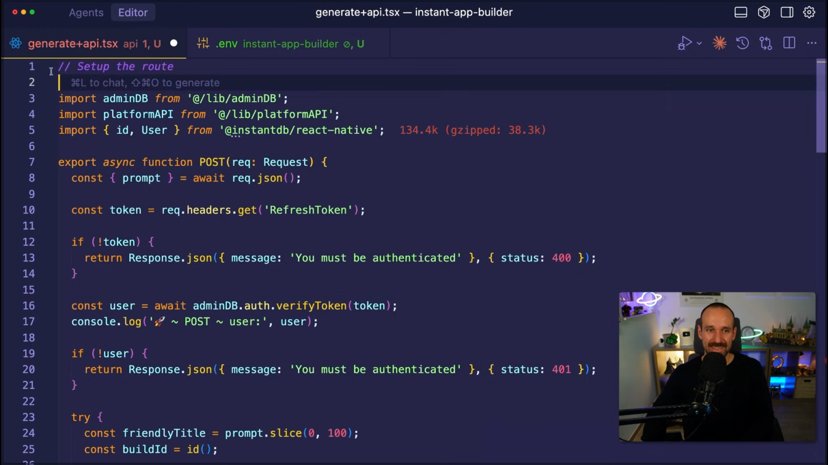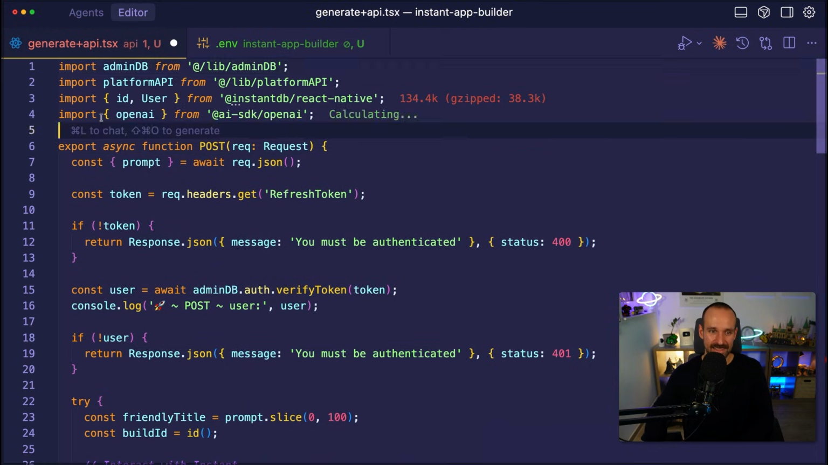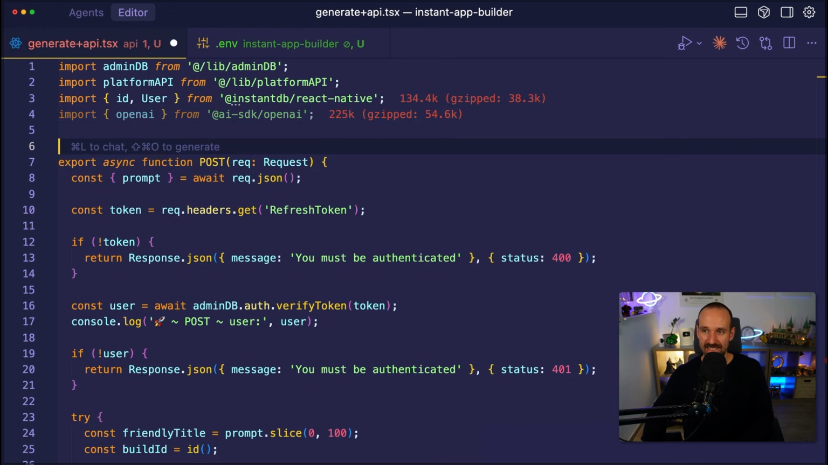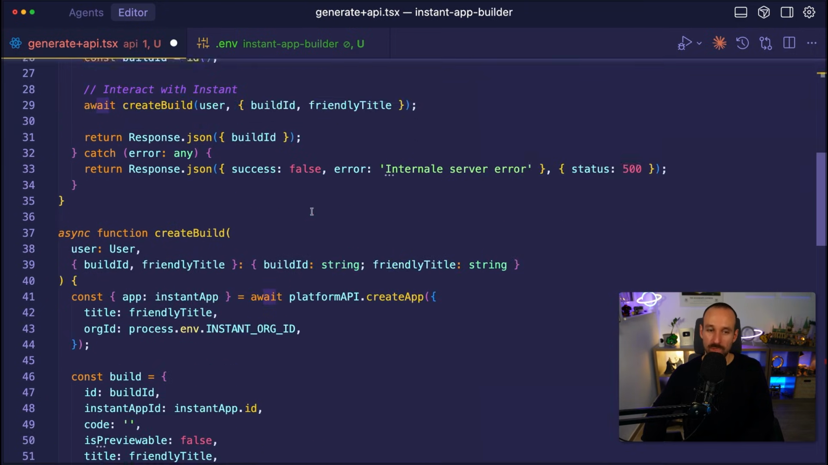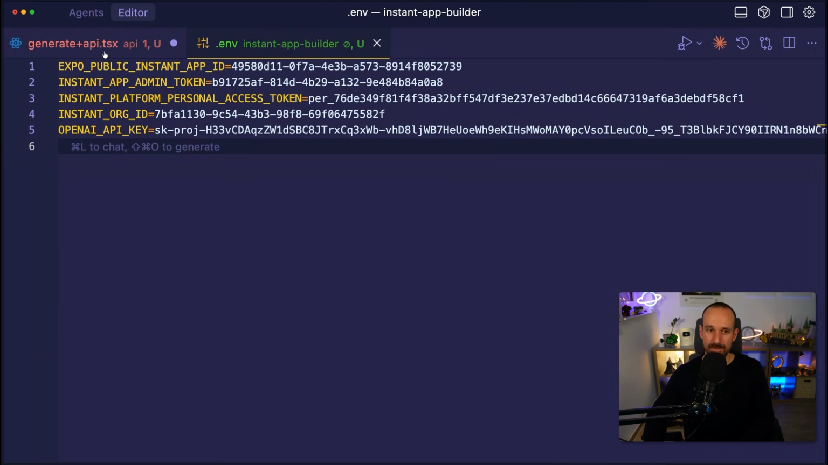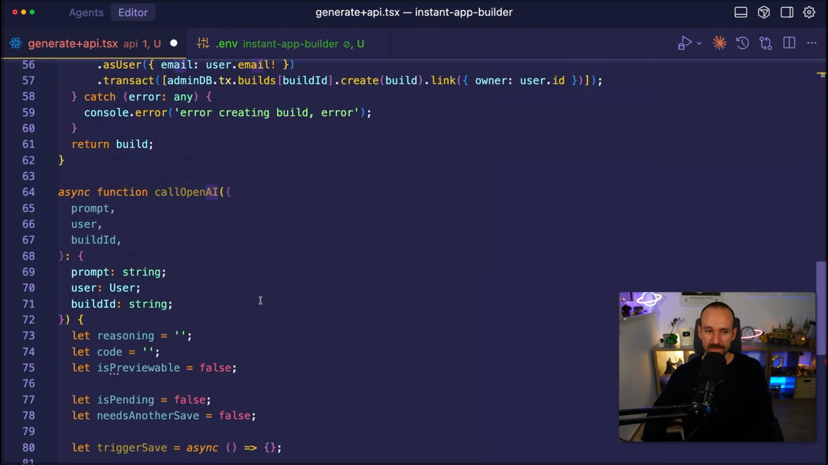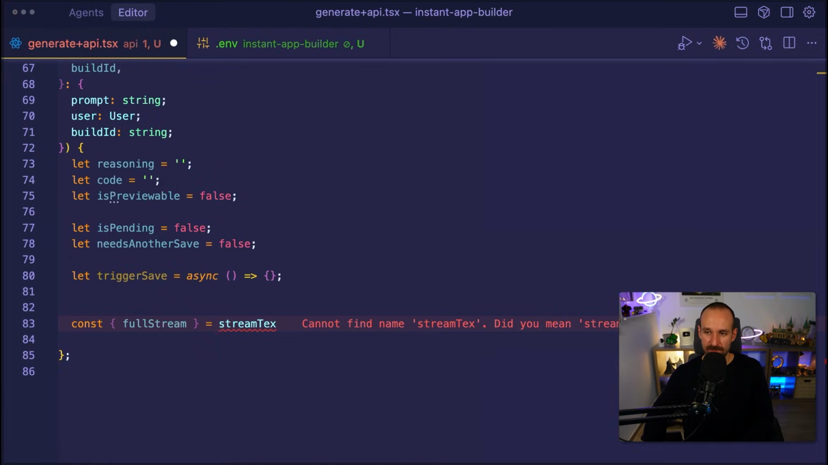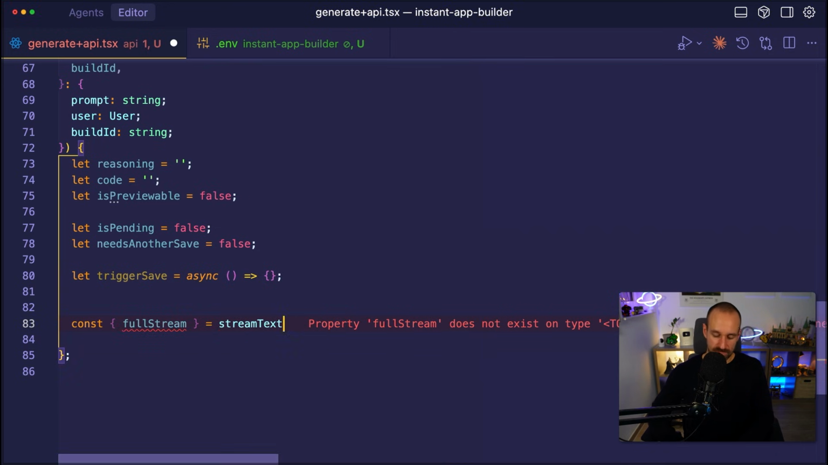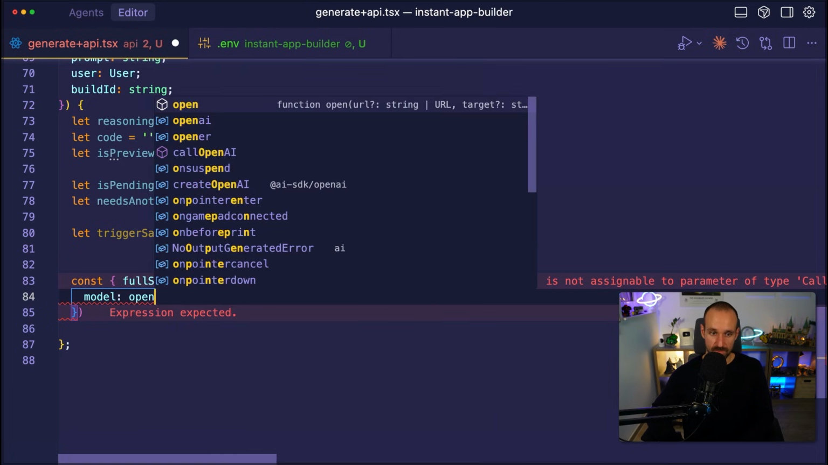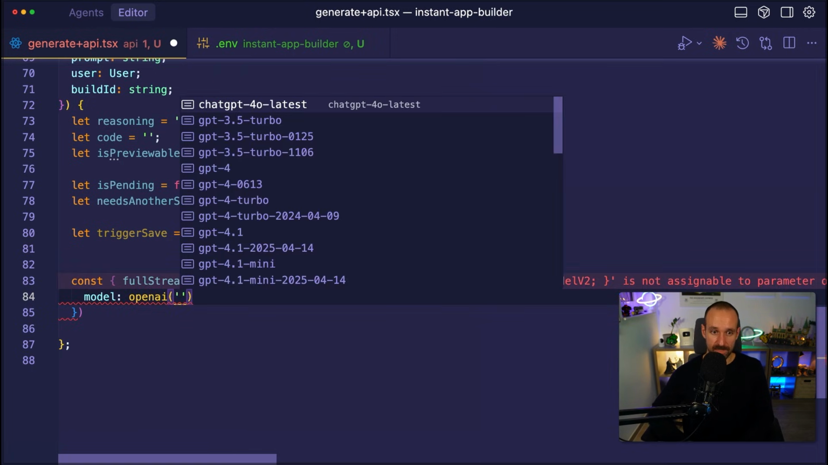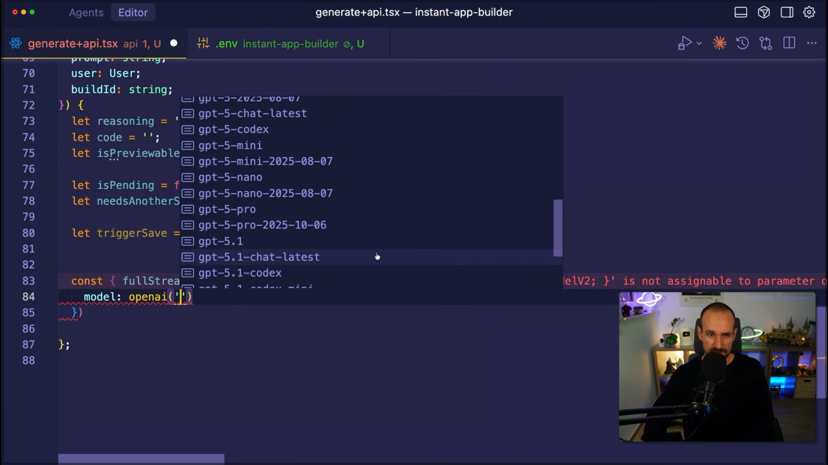Okay, so let's bring in the OpenAI from AI SDK, as well as stream text from the AI package. This is what we need. We've used the default OpenAI API key name, so therefore the AI SDK is always able to find that one instantly. So let's do a stream text here, and let's define the model to be OpenAI, and the model we're going to use is